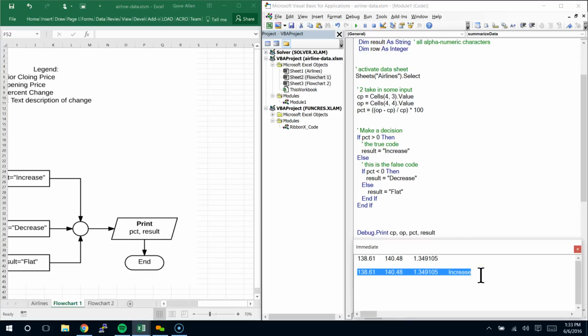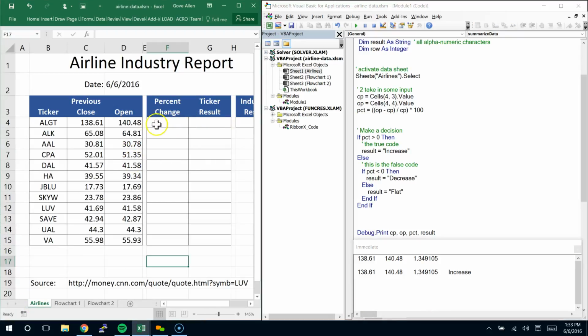We're printing the result, we're presenting the percentage increase, we're done. But it makes a whole lot of sense to put it out here on the worksheet. After all, I've got a whole column lined up for it right here. And